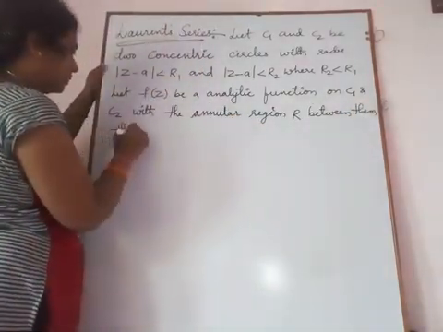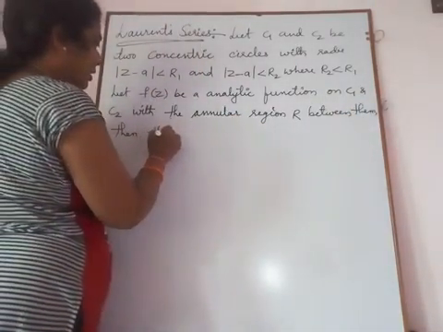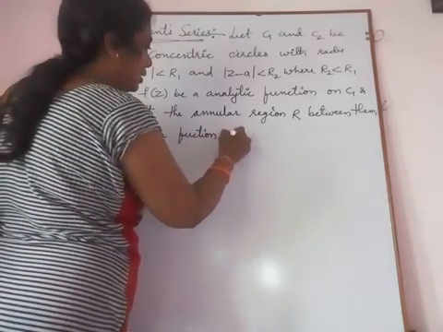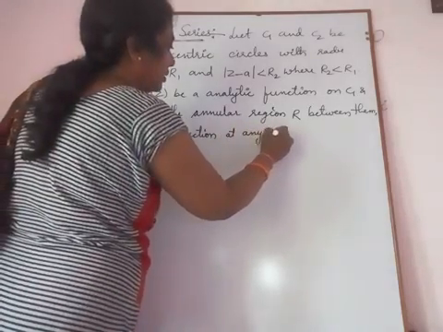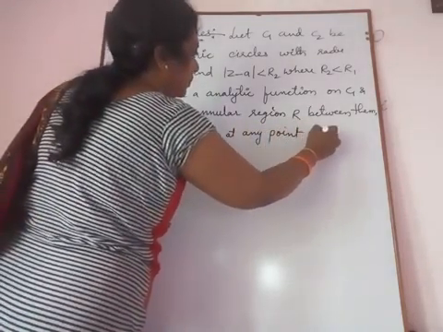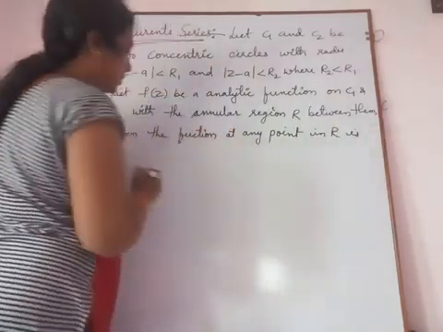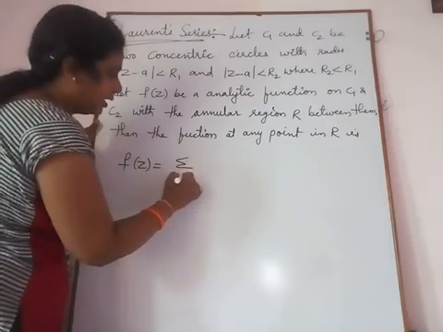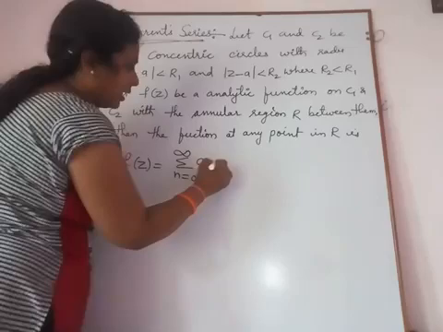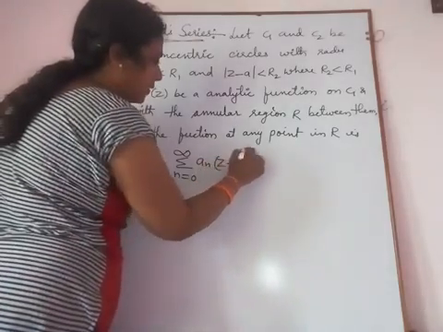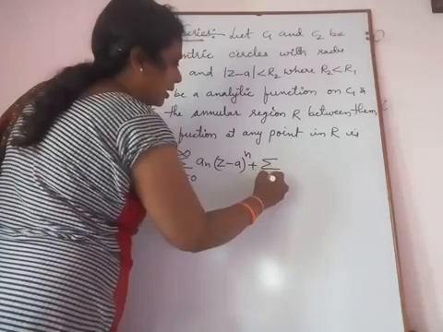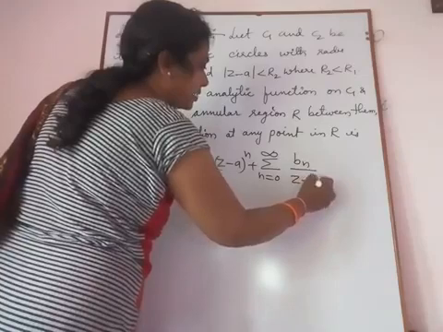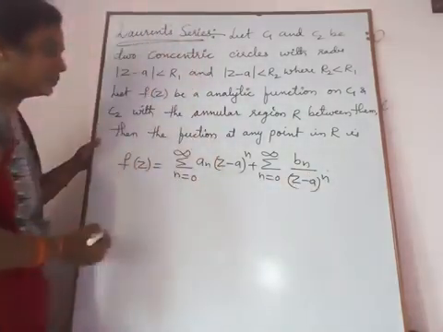Then the function at any point in capital R is f of z equal to sigma n equal to 0 to infinity an into z minus a whole power n plus sigma n equal to 0 to infinity bn by z minus a whole power n,